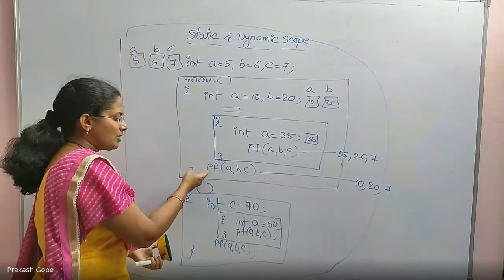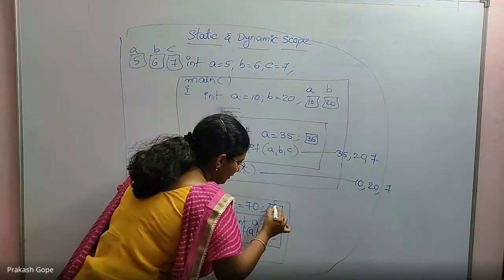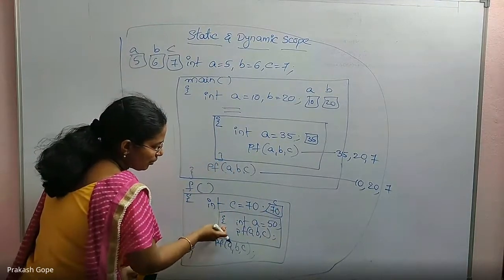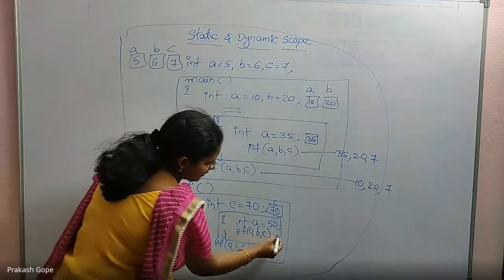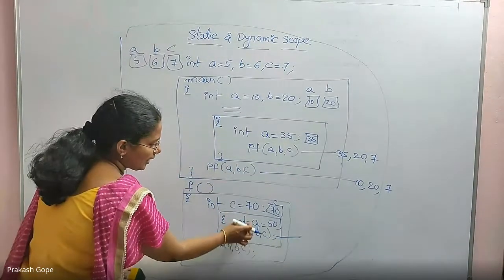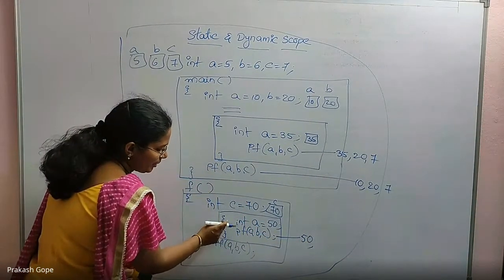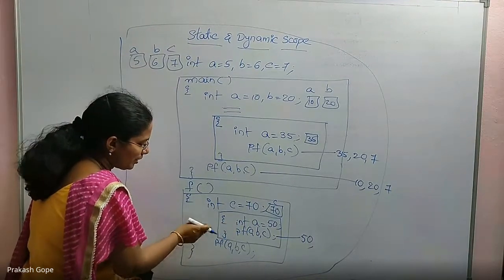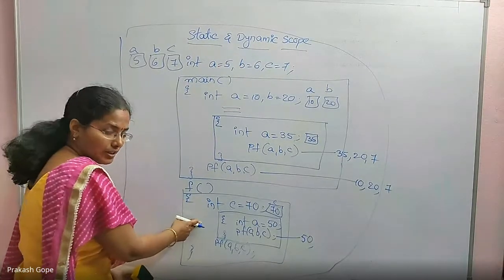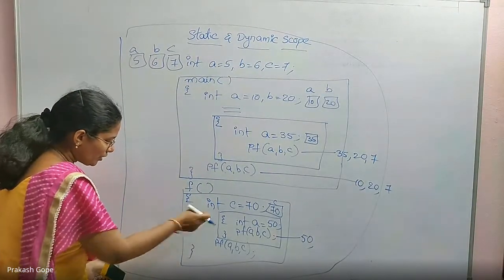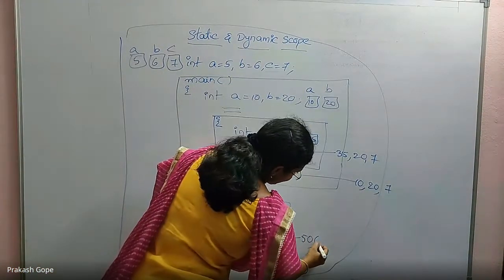Okay, then for example, there is a function called f, so I jump to the f function, and in that I have a variable C declared which is 70. Again, there is a block where I have A as 50. Now in that block I am accessing A, B, C. What gets printed here? A. I have a locally declared A which is 50. B. I don't have a locally declared B in this block, so its outer block's B. But here also I don't have a local B. Even in this block I don't have B declared, so its outer block, which is the global program. So global's B, which is 6.